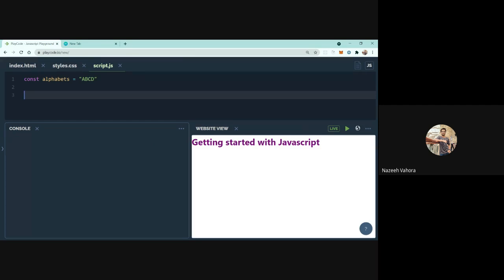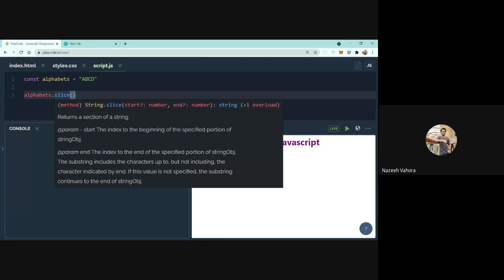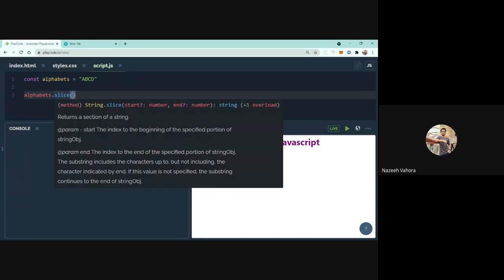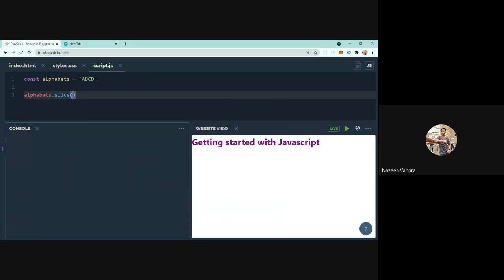Okay, let's try it down. Dot slice. This function actually wants two arguments, which are the starting number and the end number, which you can see over here. If you hover over it, it will show you that we have to provide two arguments.